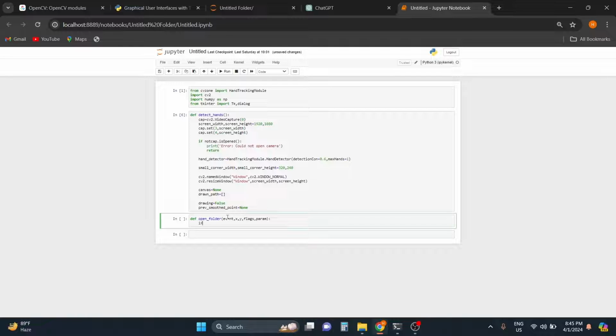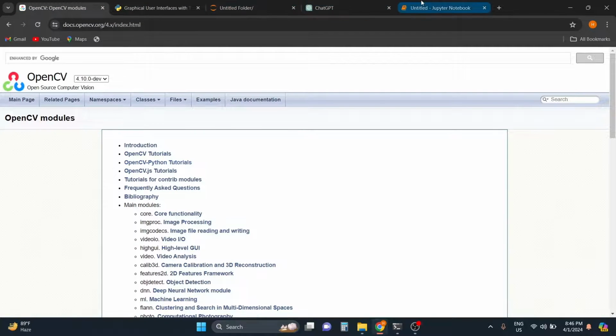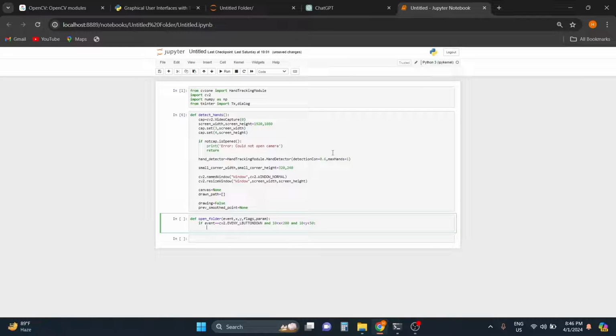So let's see if event is equal to cv2 event L button. So these are the parameters that I've given for the button, x, and then we'll do 200. That would be good. And 10. The basic cv2 functions and buttons you can see here. We'll just read the documentation. Now we'll give the